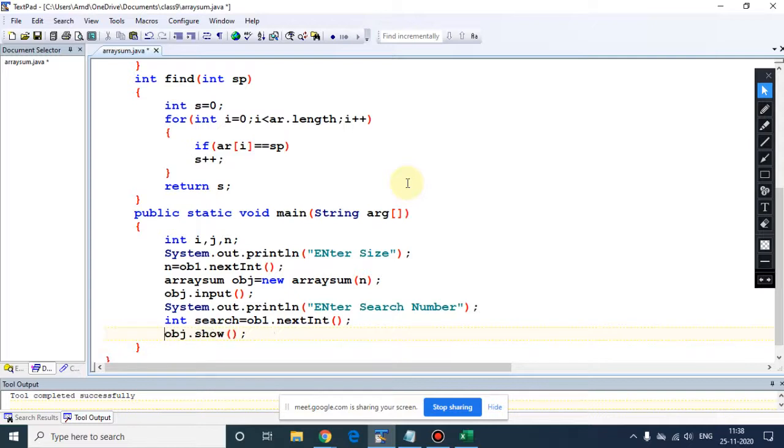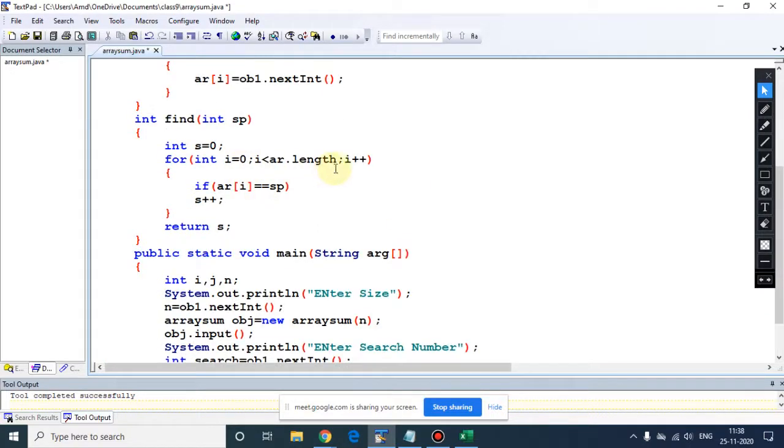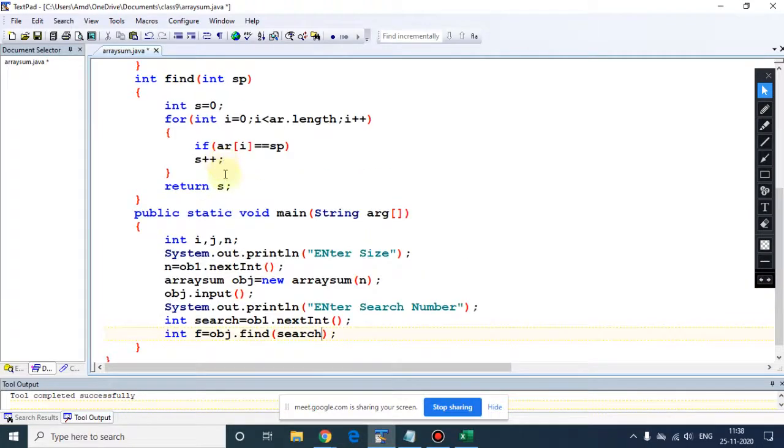So now in the find method, the return type was int. f equals obd dot find, and we are passing search. So this search is going in S over here, and then we are looking for SP and then returning S. So this value of S we are receiving in F.